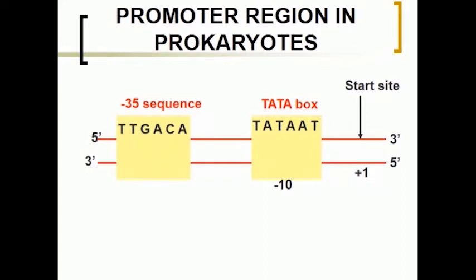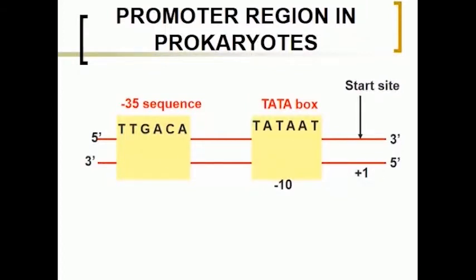When our RNA polymerase is scanning through the DNA, if it comes across this -35 sequence, which has the TTGACA region, and a sequence with TATAAT, the Tata box, then the RNA polymerase recognizes that 10 nucleotides after this, it has to start the synthesis of RNA. So this promoter region tells the RNA polymerase to start transcription 10 nucleotides after the Tata box. It is the start site.